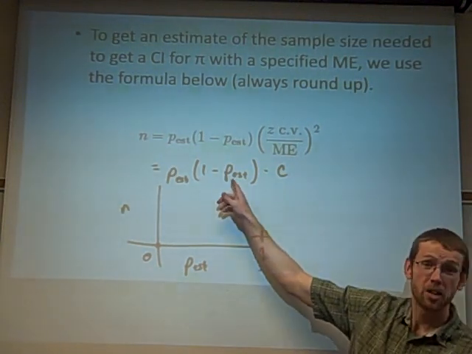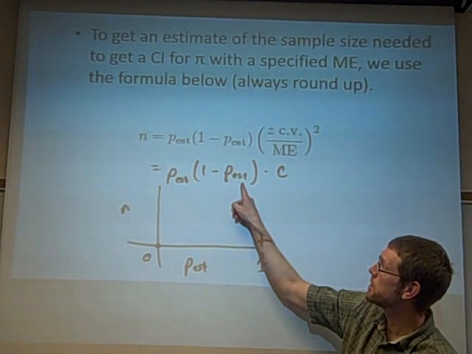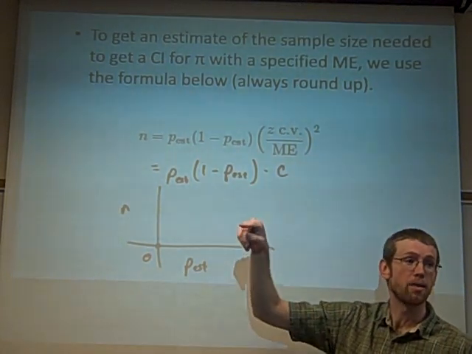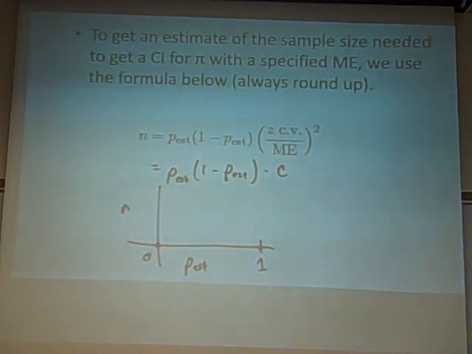Because it's going to have a negative term. When you take p-hat times negative p-hat, you get negative p-hat squared. So it's going to have a negative out front. It's going to open down. And so